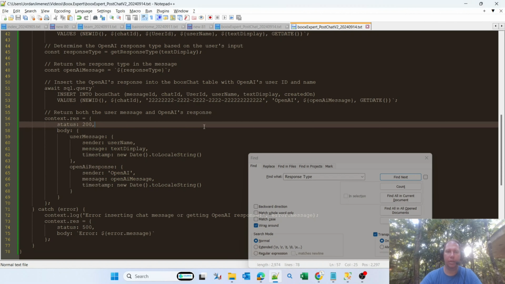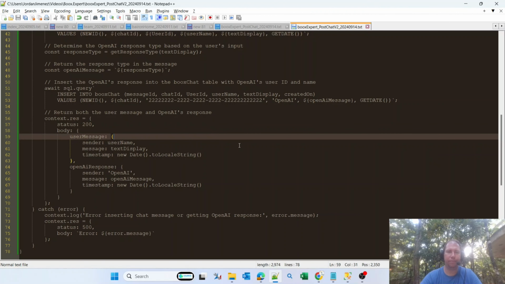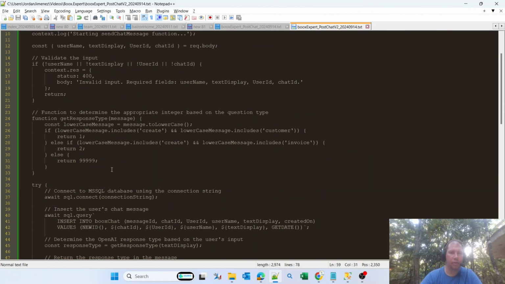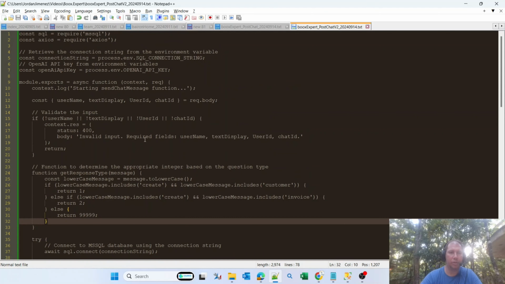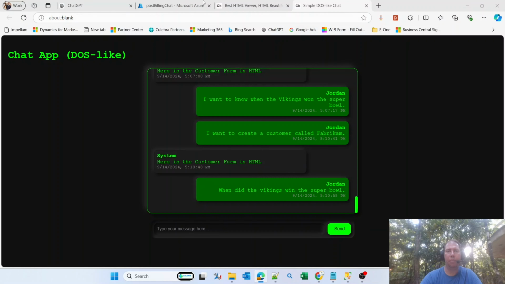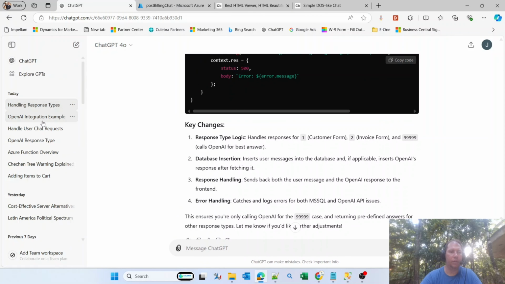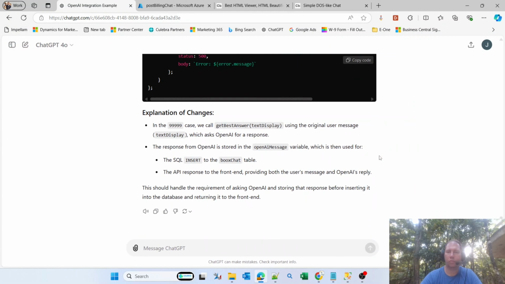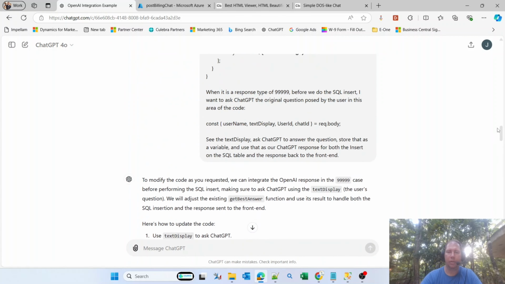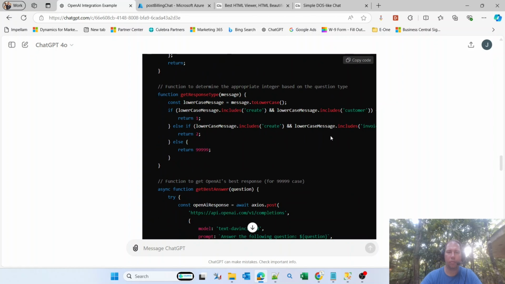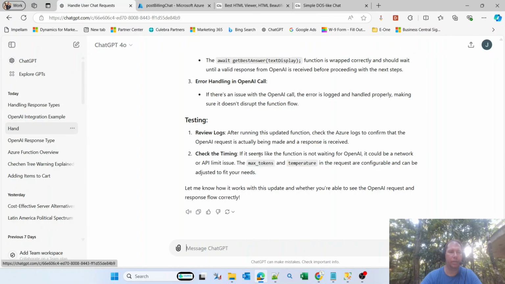And I think we need to go backwards now. So let's take a look and see. I'm having trouble with this right here. If the lowercase message includes, I want to go back all the way back. I think we need to get our other guy involved here. So I don't like how this message is formulated, because we want OpenAI to determine